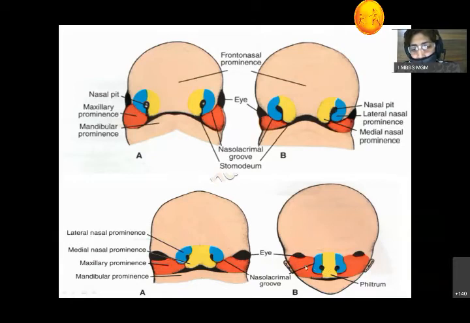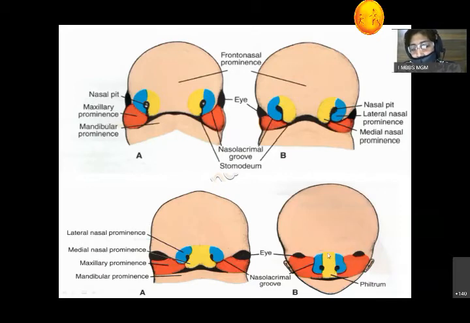In the last figure you can appreciate there. This is the lateral nasal process forming ala of nose. Medial nasal process, they fuse with each other forming the intermaxillary segment. The nares, both the nares, they come close together by the growth of the maxilla and by narrowing of the frontonasal process. The nasal cavity is separated from the stomatodium by fusion of this medial and the lateral process. Okay. Now here the eyes are here, and now because of the growth of this maxillary process, the eye is shifted to its normal position.